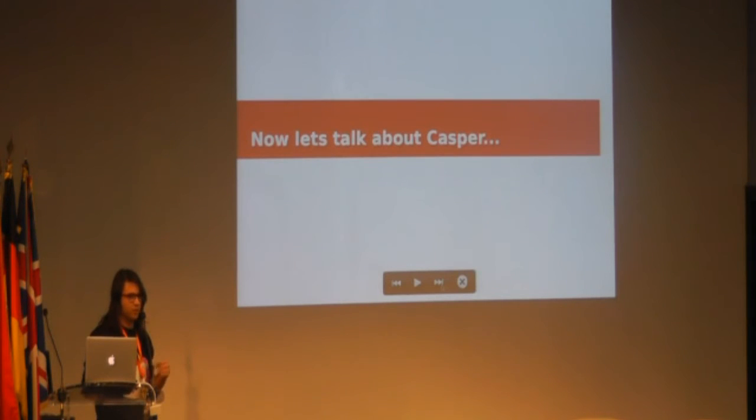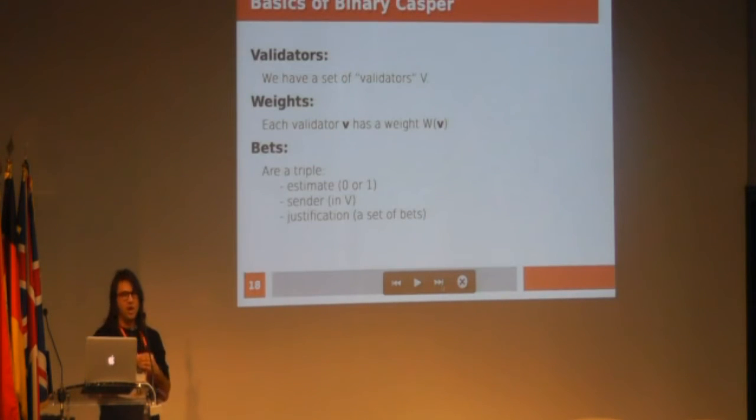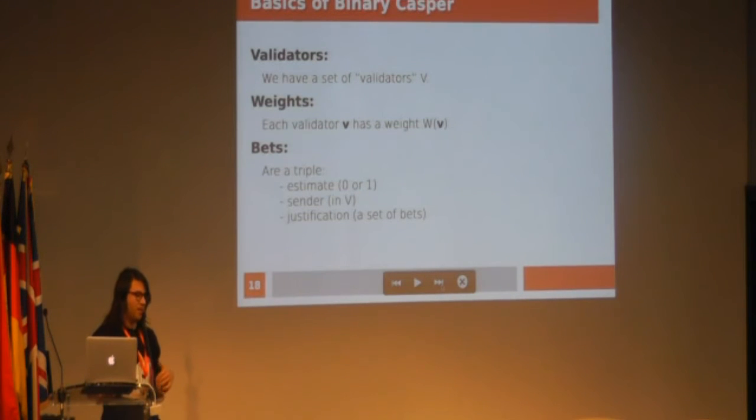All right. So now that we talked a little bit about consensus, we're going to talk about getting to Casper. We're going to do this like partial specification, and then give some definitions, and then kind of complete the spec in order to get the consensus safety to fall out of it. So I'm going to define some data structures. We have validators. Validators have weights, and then we have these things called bets. And these are like all of the data structures that there are in this whole specification, this whole binary consensus protocol that I'm about to give you.